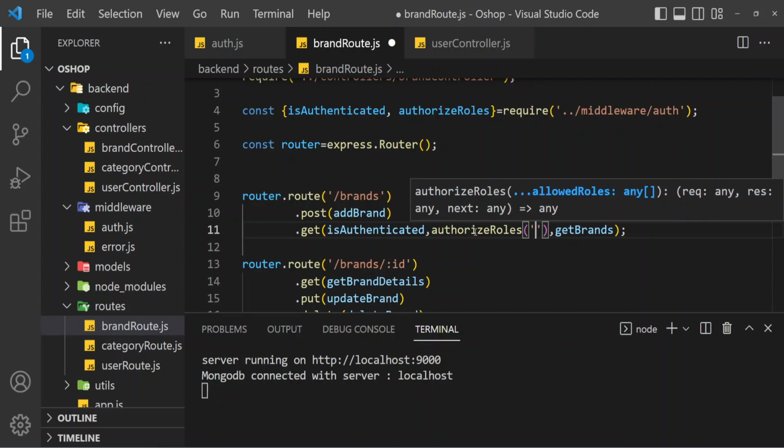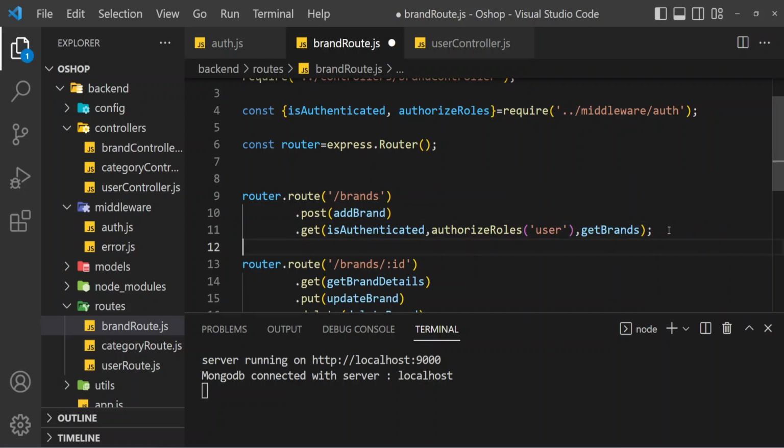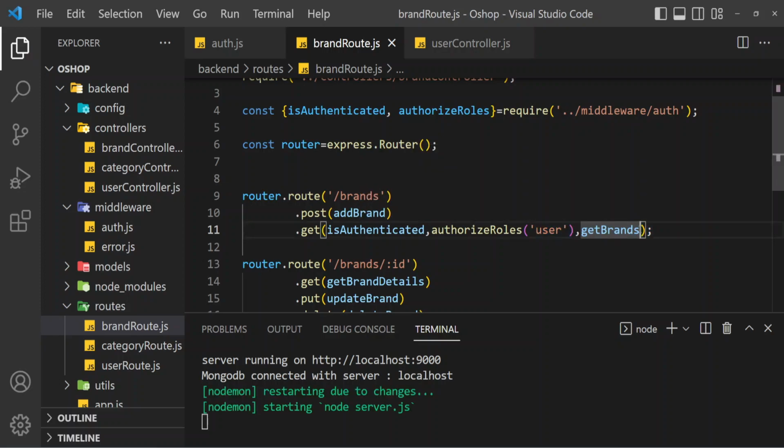Then we are going to include a role. So far, we have only one user and he or she is user. So user can access this route, and he or she will get brands. Save the file,